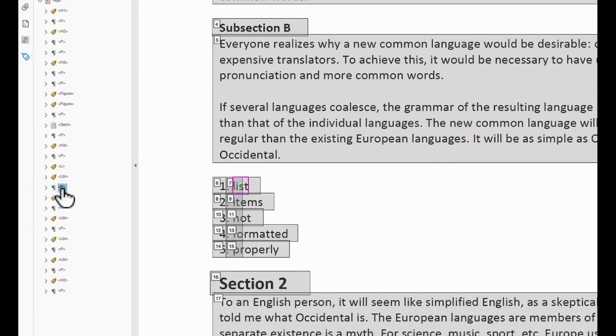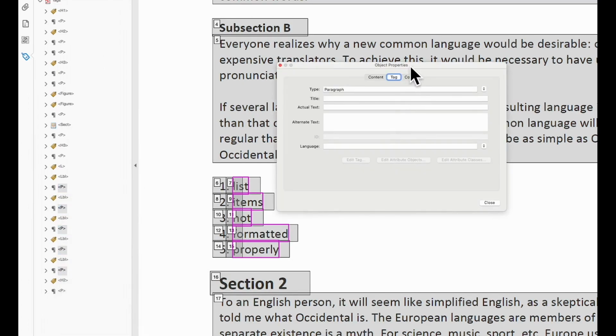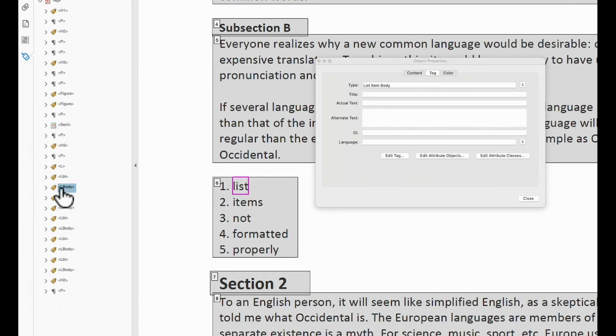And similarly, I want to take all of the actual body items there, and I'm going to right click and open properties, and these become list item body. All right, so now I can go down and label one list body list. There you go. Now what I need to do is all those items need to be seated underneath these list